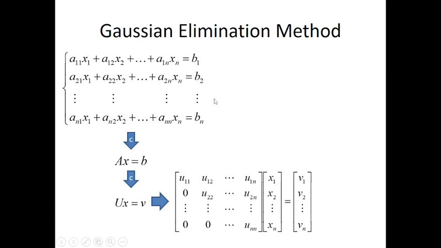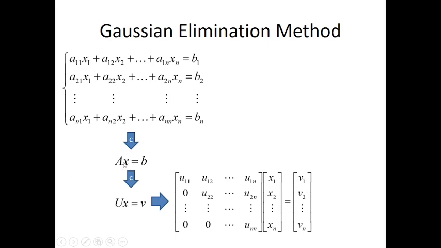This is another method in solving systems of linear equations using the Gaussian elimination method. Now, to apply this method, first we have to transform this system of equations into a matrix equation, Ax equals b. This is our matrix equation. After that,